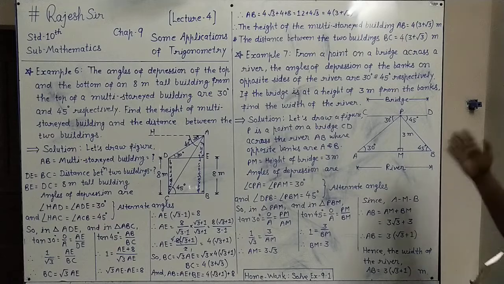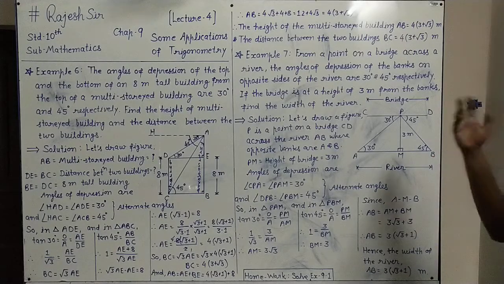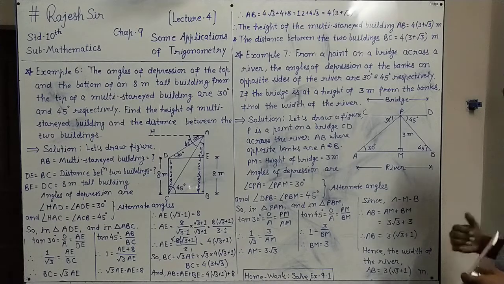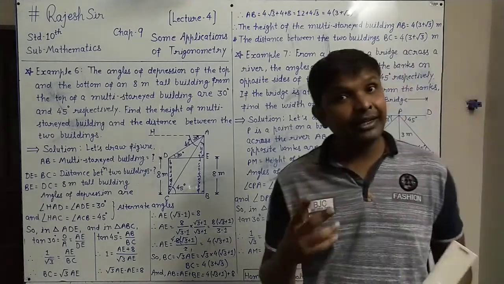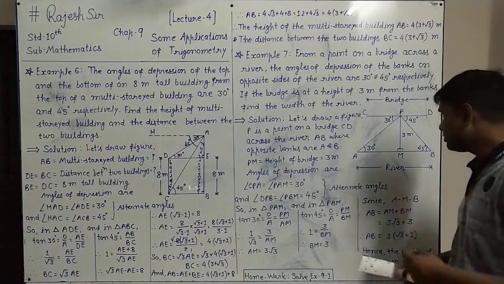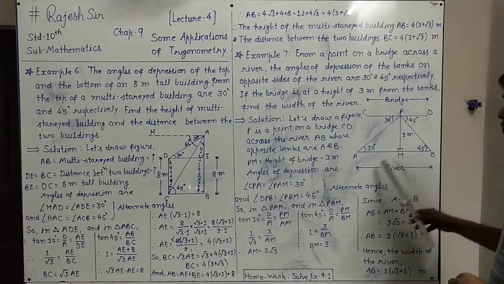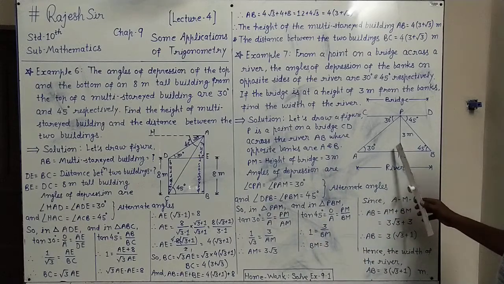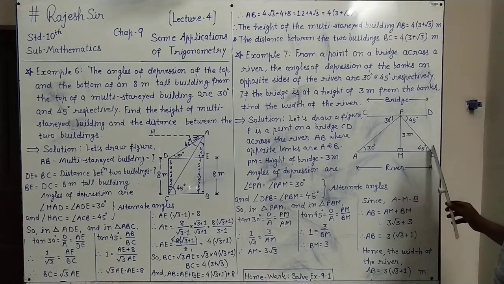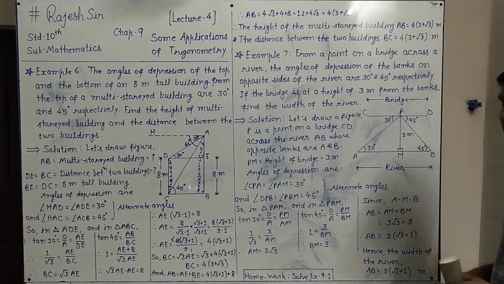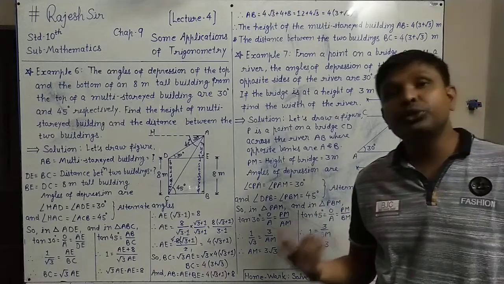So this way we have explained the figure according to the question and drawn the figure also. Now again we will see where the two right triangles are. The right triangles we have to see in this are triangle PAM, in which angle M is 90 degrees, and triangle PBM, the next triangle, in which also angle M is 90 degrees. So these two triangles we have to take, and in them we have to apply the trigo ratios.